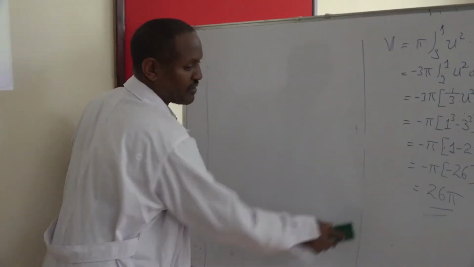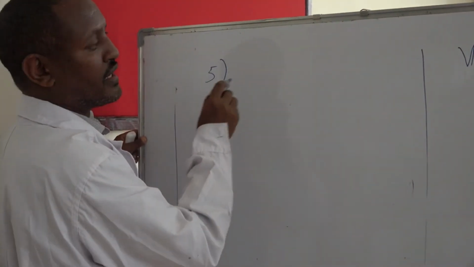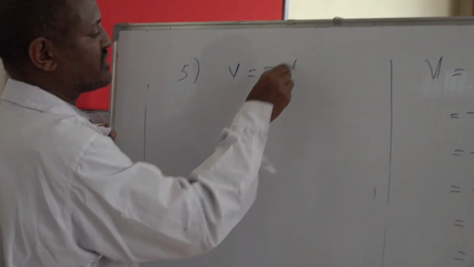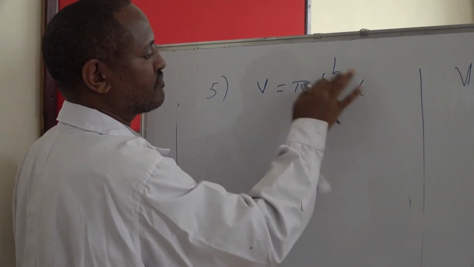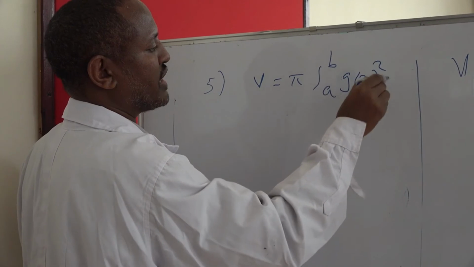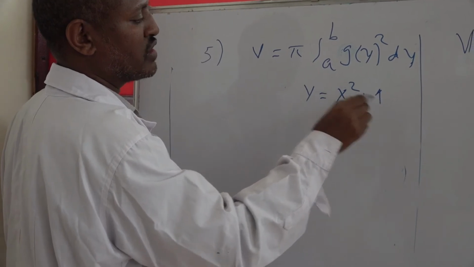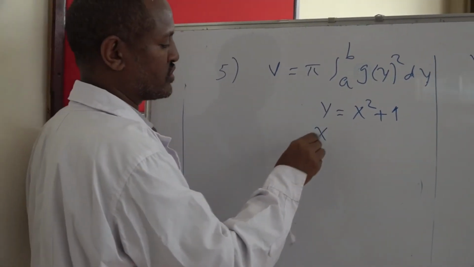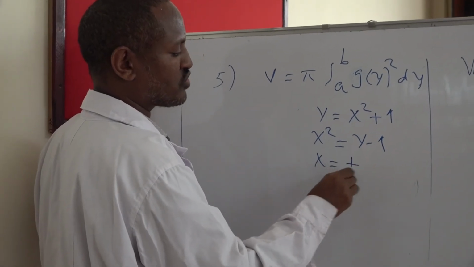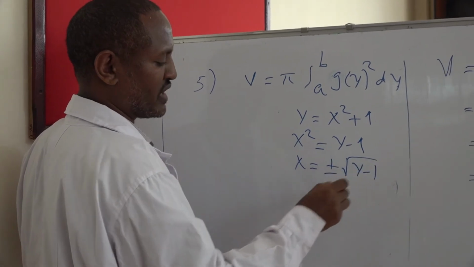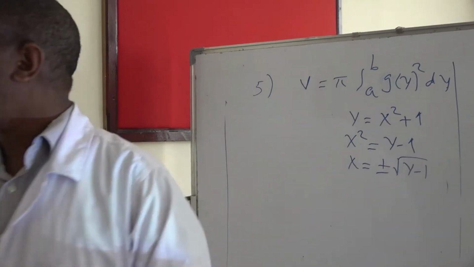Now, volume of revolution about the y-axis is pi times integral from a to b of g of y, the whole square, dy. But here we have y given to be equal to x squared plus 1, so let's express x in terms of y. So you'll have x squared equals y minus 1, and x equals plus or minus the square root of y minus 1. Now, we can take either the plus sign or the minus sign, because